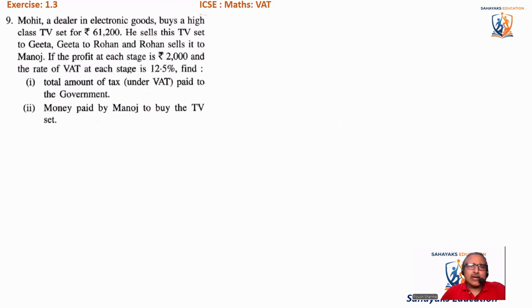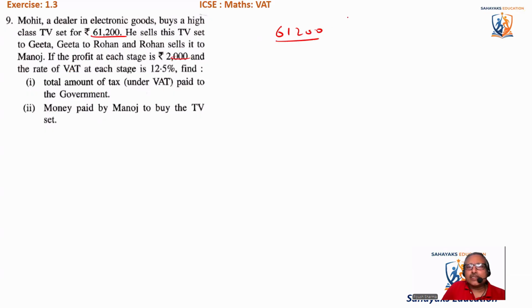Mohit, a dealer in electronics goods, buys a high class TV set for 61,200 rupees. Okay, so 61,200 rupees is the price he bought it for. He sells the TV set to Geeta, Geeta to Rohan, and Rohan sells it to Manoj. If the profit at each stage is 2,000 rupees, so basically 61,200, and then